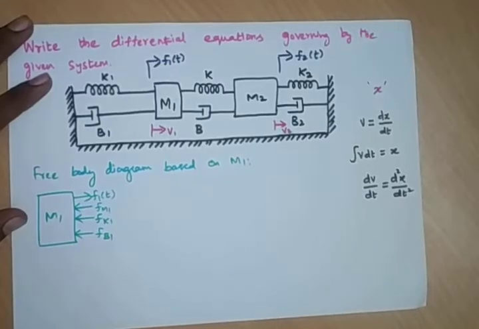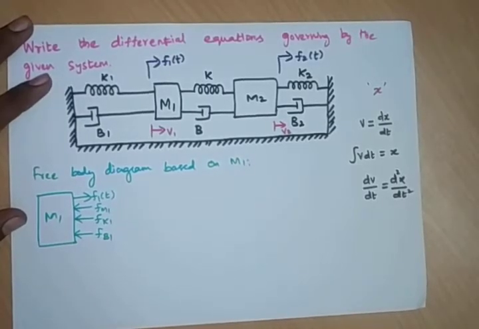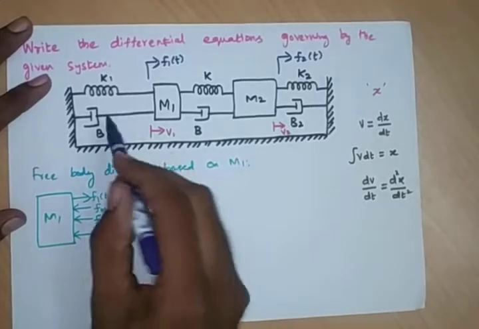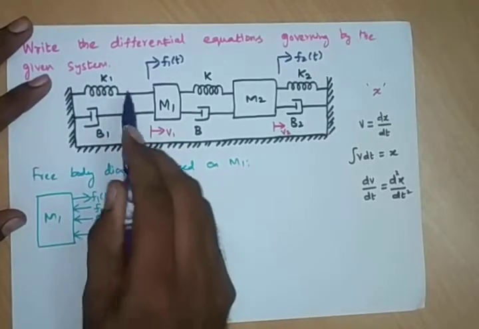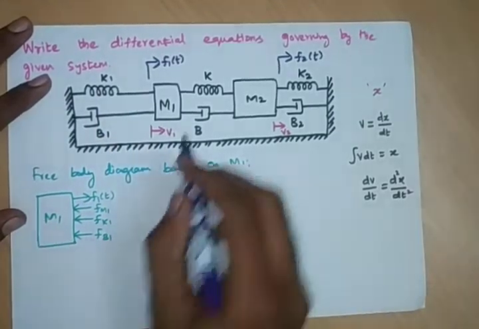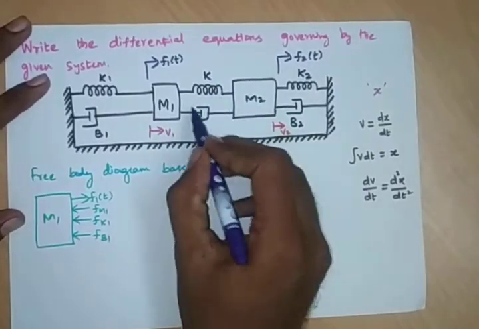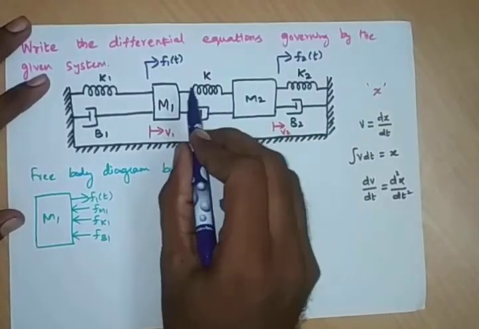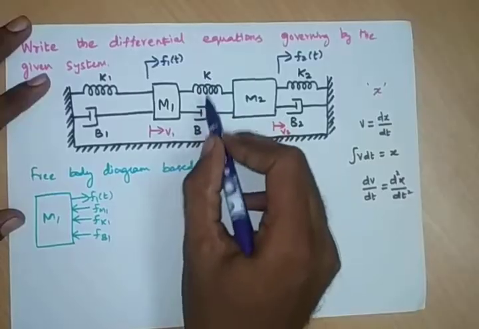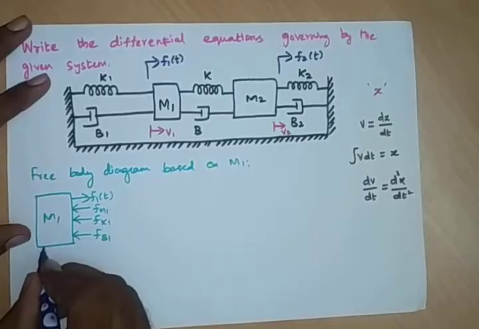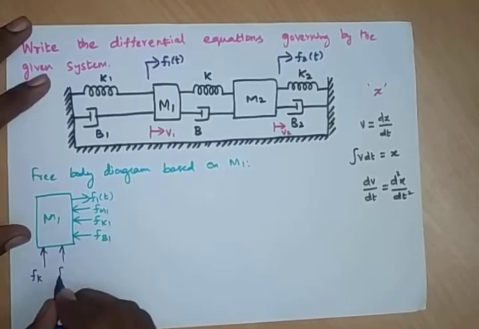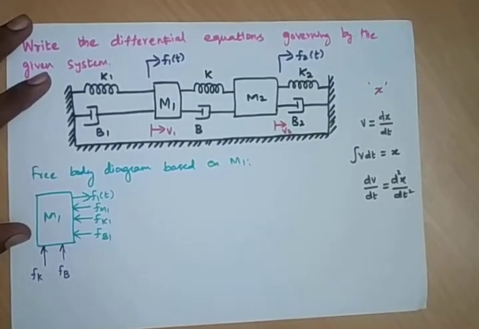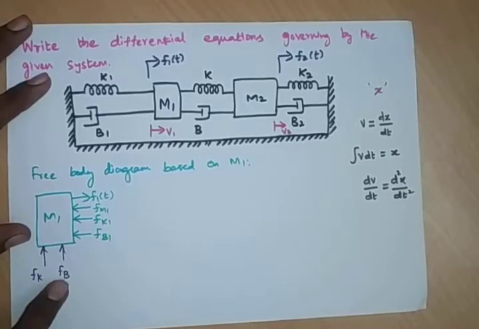These are the 3 elements connected directly with mass 1, and they are fixed end elements. Some more elements are connected with mass 1 but are also connected with mass 2, so these are double end elements. Kindly mention them in a different location and a different color. I am mentioning them as Fk and Fb.